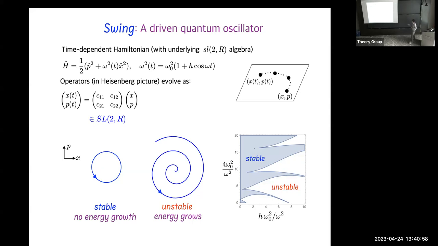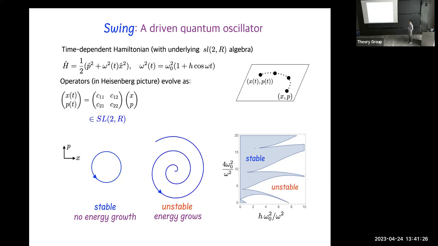So if you look at this Hamiltonian carefully, you can find that this Hamiltonian is actually generated by the SL(2,R) algebra. There are three generators which span this SL(2,R) algebra. Okay, and how do we study this problem? One simple way is to study the operator evolution. What I mean by operator evolution is